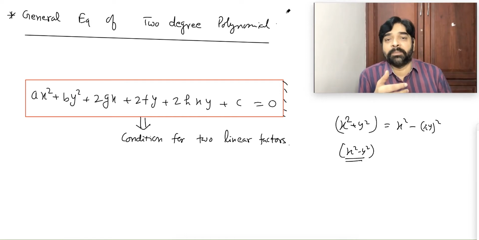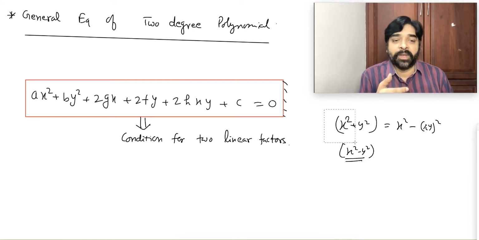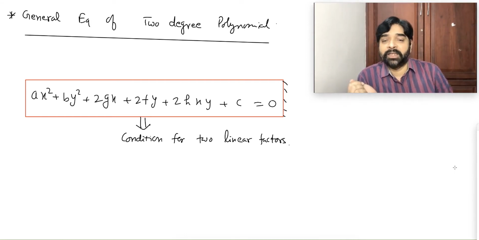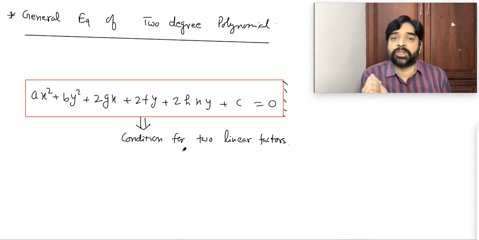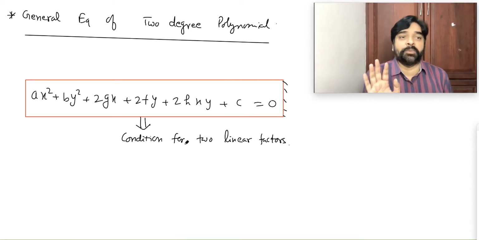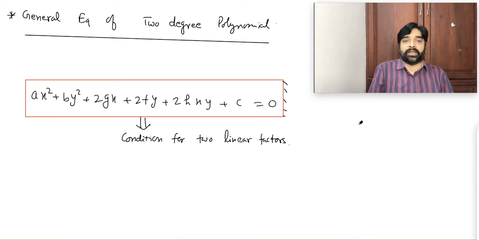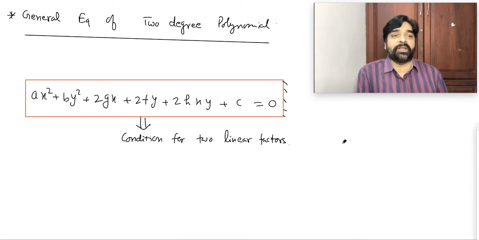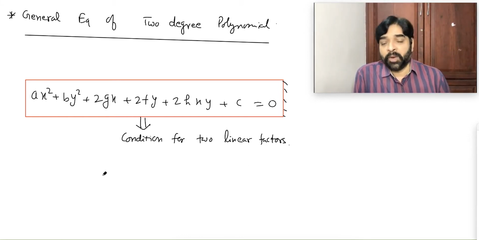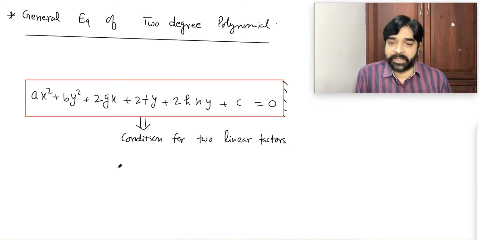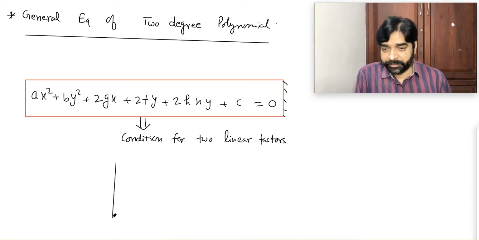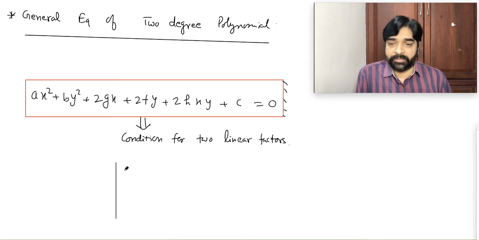This case is not so simple that we can tell it orally. We must have some kind of logic by which we can tell. I'm not going to give the proof, because that proof you will study in your pair of straight lines, when sir will teach you. The only thing you have to remember is one condition. The condition is this: determinant of